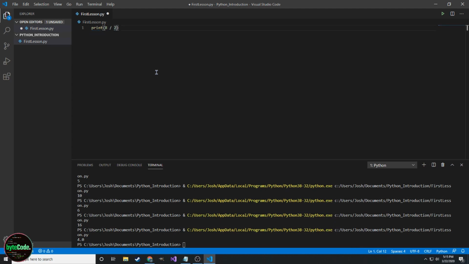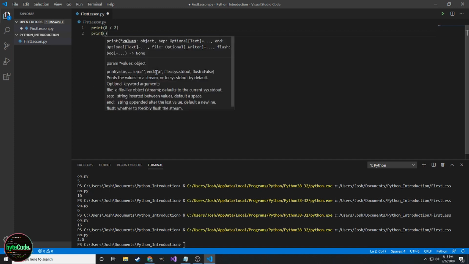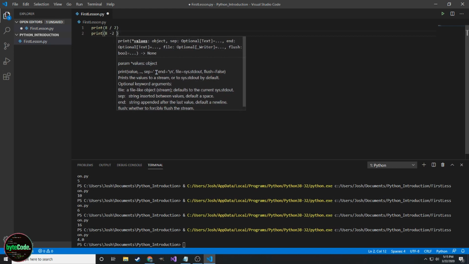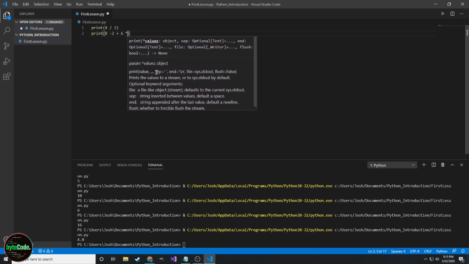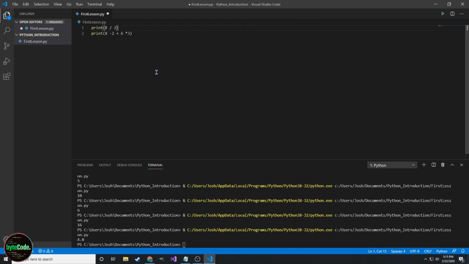Now, with that being said, trying to print a lot of operations by putting numbers, for example, let's say I want a big order of operation kind of problem, like 8 minus 2 plus 6 times 3. And let's say we have more formulas that we want to put into this. It'd be kind of a hassle just putting that all into print. Well,